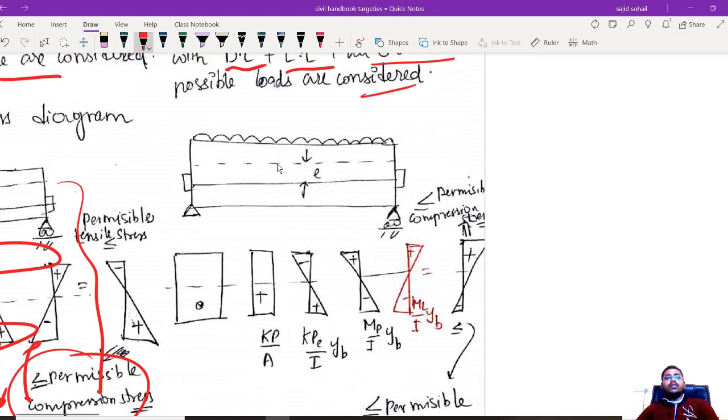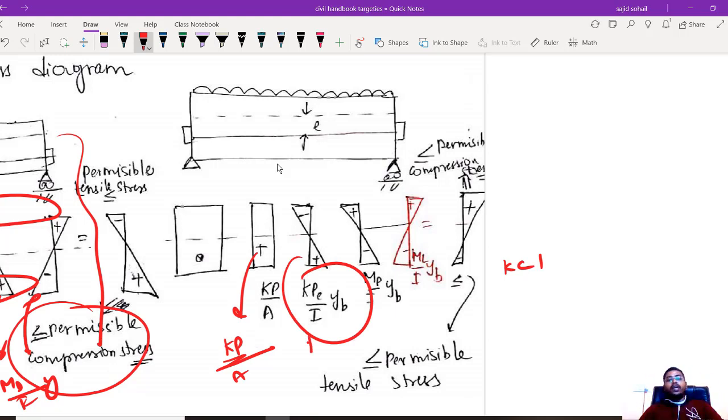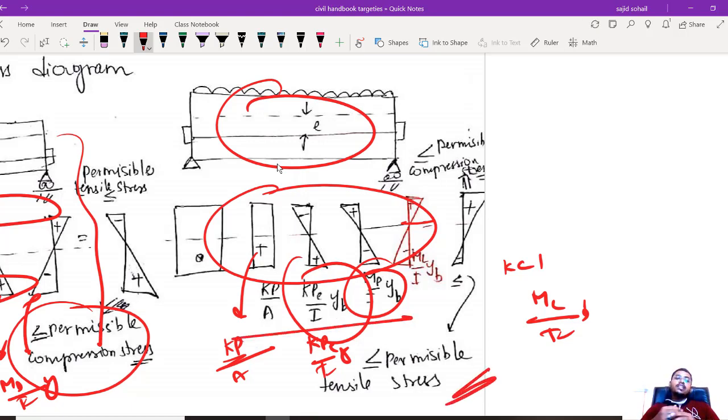And now coming to this, the only difference you will get is, the pre-stressing force you are having is no more P, it is kP, because some amount is lost, where k is obviously less than 1. kP by A, then previously it was P e by I into y, here it will be kP e by I into y, and obviously M d by I into y, but here the live load is also acting, you have to consider the live load moment also, so just an extra term will come. So you know how to draw these diagrams, you are pundits in this already, I have taught you wonderfully, right? So no need to worry, you can easily draw the diagrams and make sure that whatever stress you are getting, it is less than your permissible tensile stress, that's it.